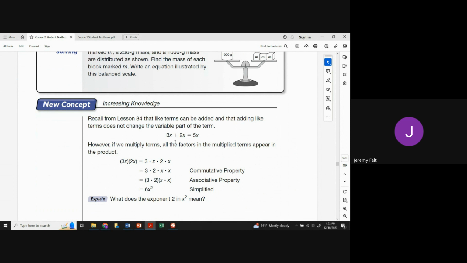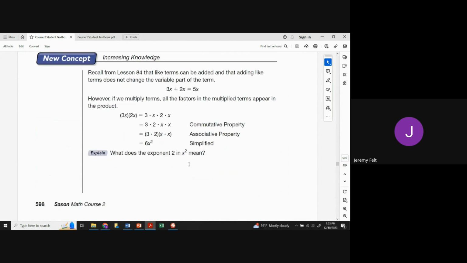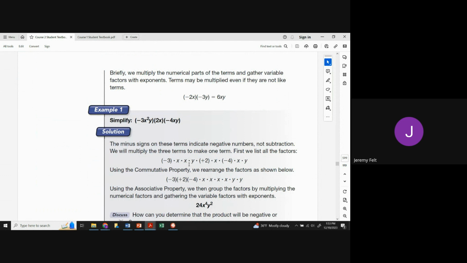Now, if we're multiplying using the different properties we've talked about, well, 3x times 2x, 3 times 2 is 6. X times x is x squared. So the commutative and associative properties mean we can multiply and move that around. It's going to give us that number. And so if we look at this one,